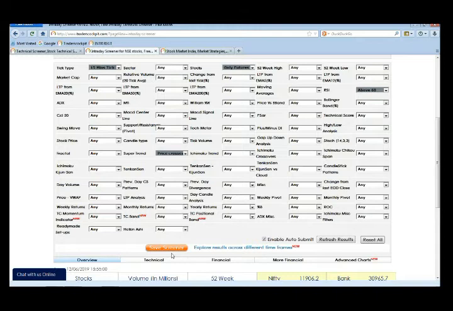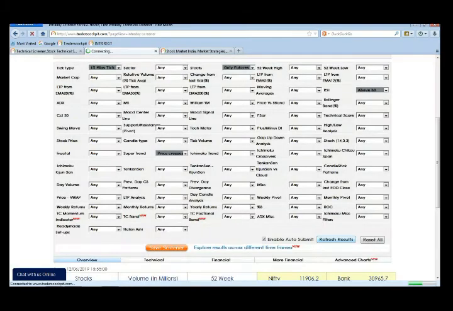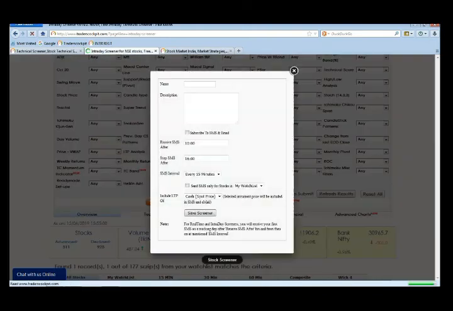For that, you just need to save the screeners. Once you create any screener, just go on to save the screener here. Say for example, I click on the save screener button. Let me just refresh the results once again, and then click on the save screener button. When we click on it, it will ask you to name the screener. Say for example, we name it Super Trend Crossover. And then here there will be an option to activate the SMS and email alerts. So what you have to do is just click on this checkbox here.